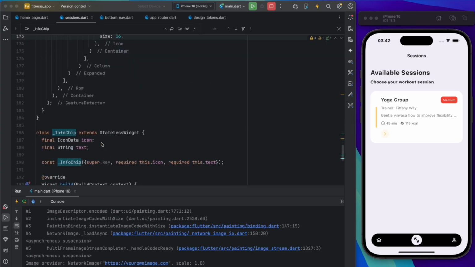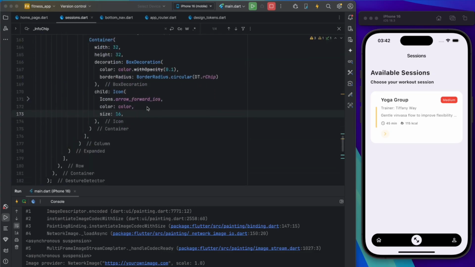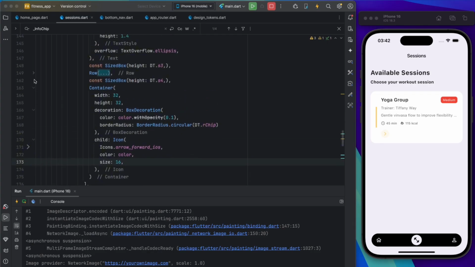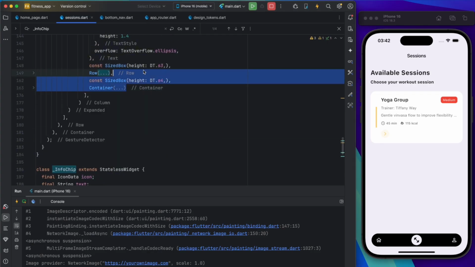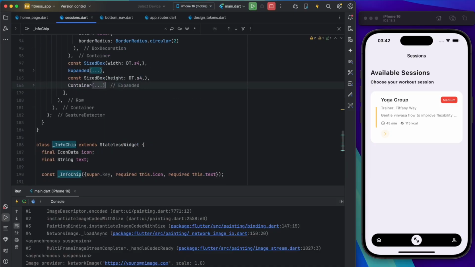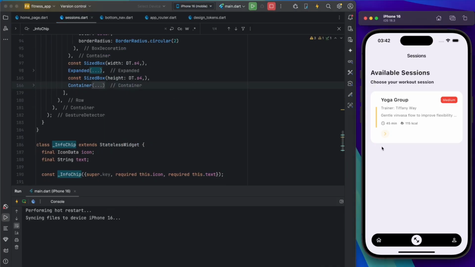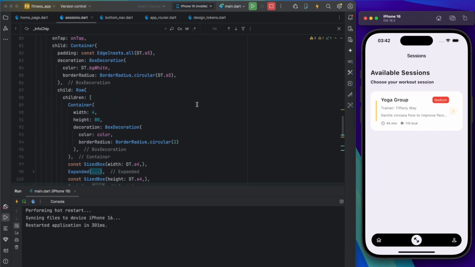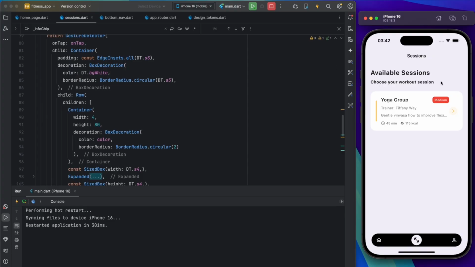Yeah. So let me move like this. This should be like in the expanded, and the only thing missing there is maybe